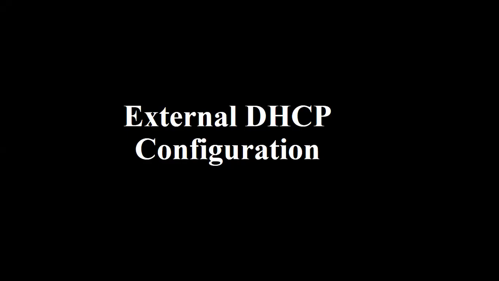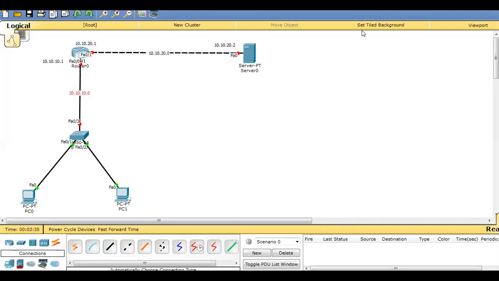Today in this lab, we will learn about external DHCP configuration. Let's take two PCs connected to a switch. The switch is connected to the router with the network